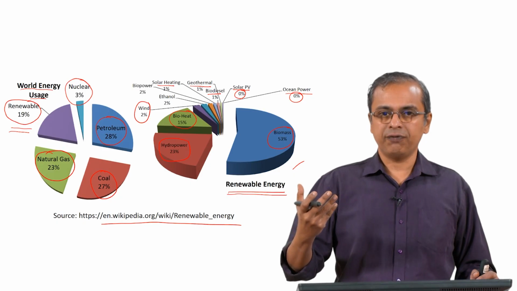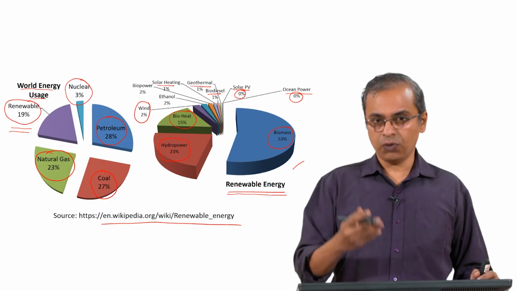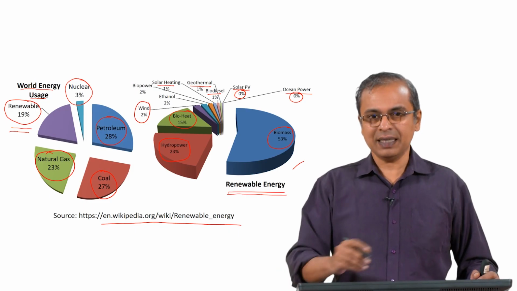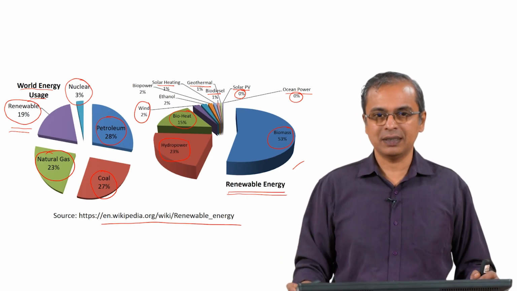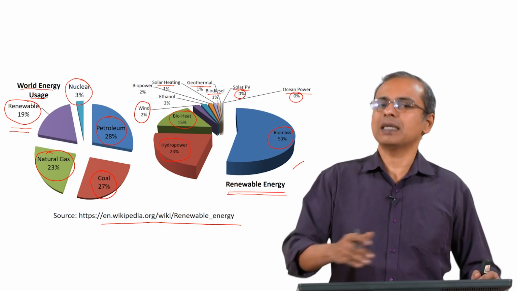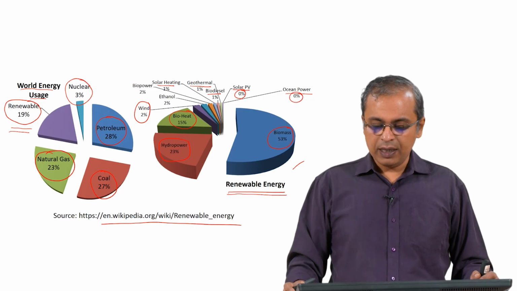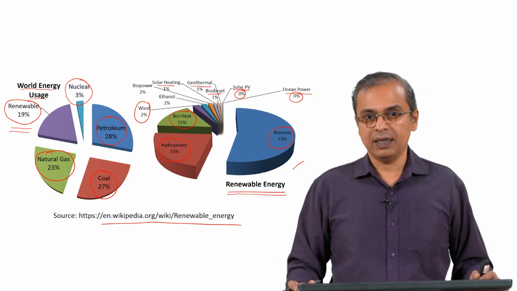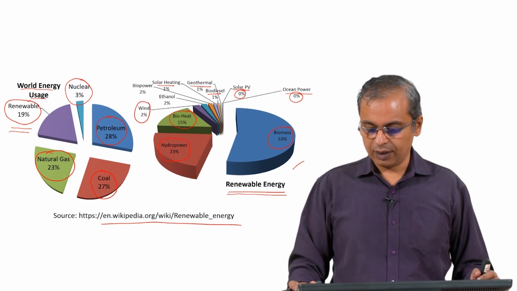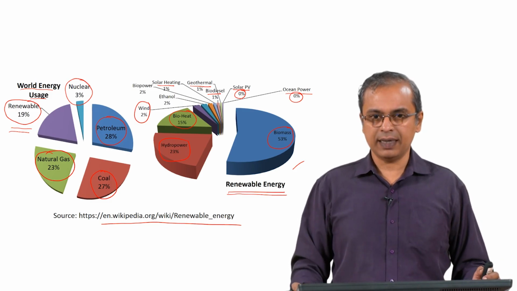If you look around internationally, you will find sites where you have power plants which are solar PV based or ocean power based. So, the 0 does not mean that there is no such plant, it simply means it is very small to show in the scale of this figure, and that is why it is shown as 0%. It basically means it is much less than 1%. So, that is the situation we are dealing with. You see this range, this diversity in the sources of renewable energy that we are currently utilizing. We will keep this in mind, and if necessary we will revisit some of these ideas as we move forward.